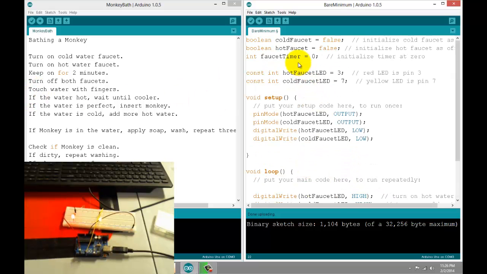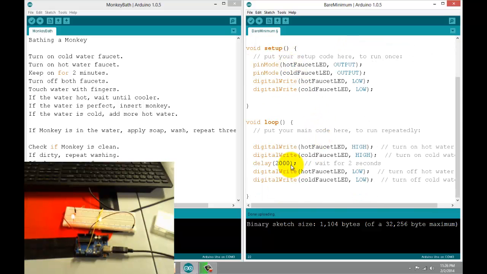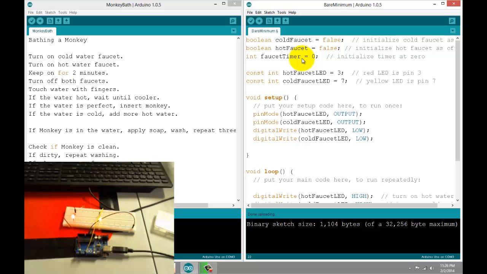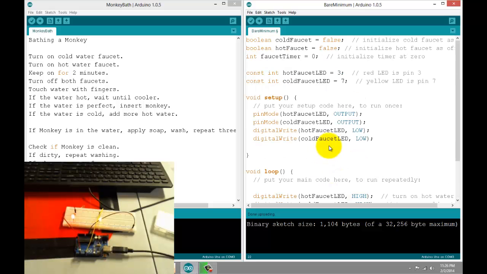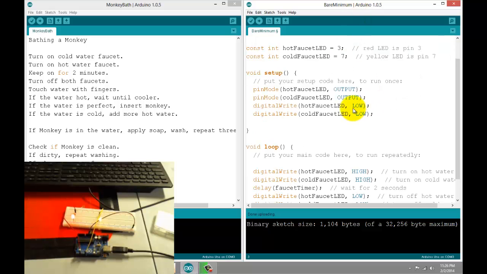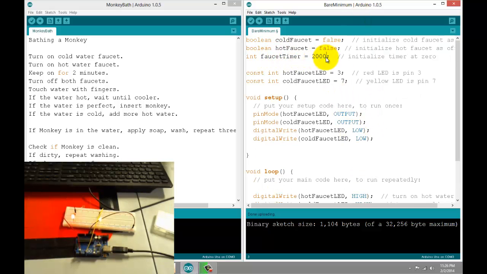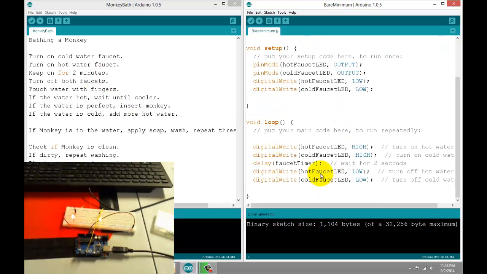Now, we also have our faucet timer, okay? So how do we use that? All right, so again, we said 2 minutes. So instead of saying 2,000 in here, I could go faucet timer. I could put that in there, and I could actually start this at 2,000. So that now is always going to be set at 2,000. So I can then change it later when I'm going to do 2 minutes. I can just change it here, and it will change it throughout the code wherever we have that timer number in effect. So delay, same thing,